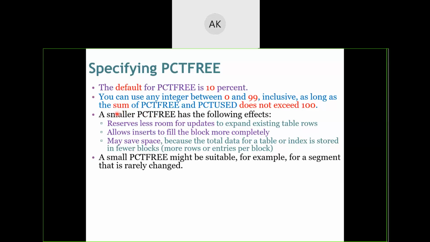Indirectly speaking, if percentage free is set small, what will happen? First and basic thing, it will give less room for updates. Second, since more space can be consumed for storage of information, a lot of insertions can be made into the data block because percentage used we have set very high, right?